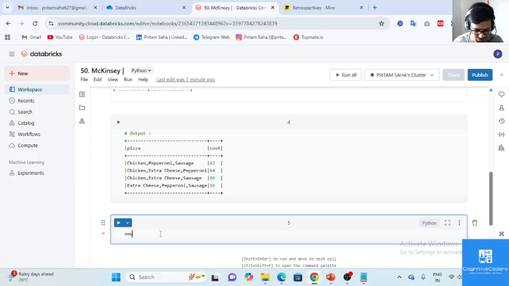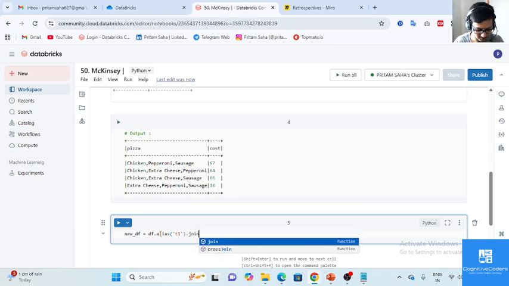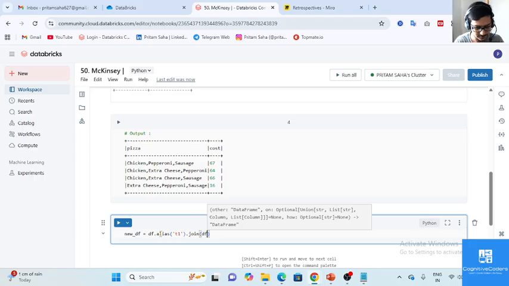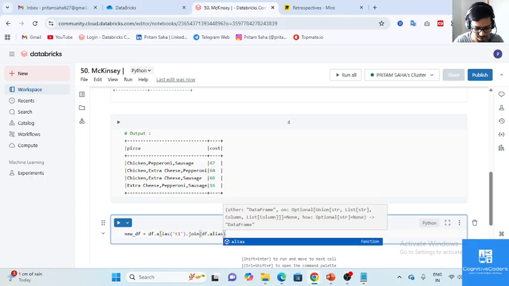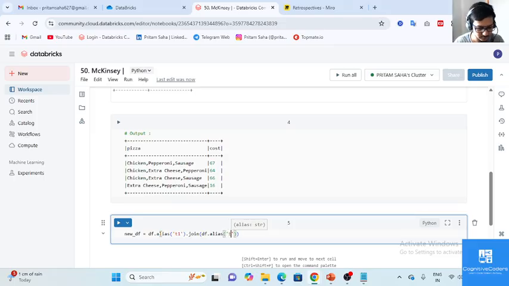new df equals to df dot alias. First we will take the first df as t1. Okay, dot join, df dot alias t2. Okay, now what we'll do,